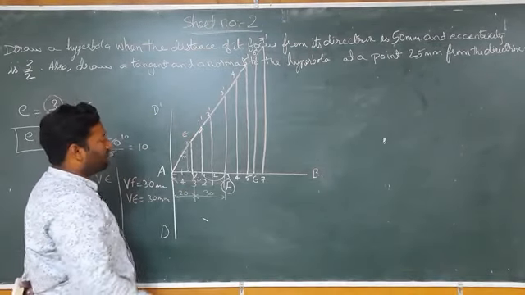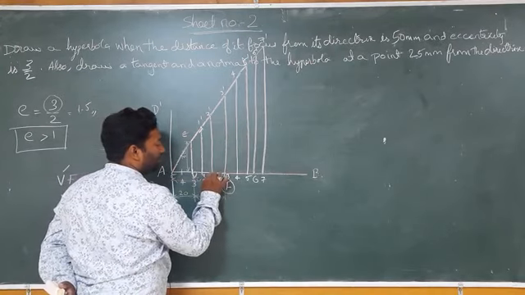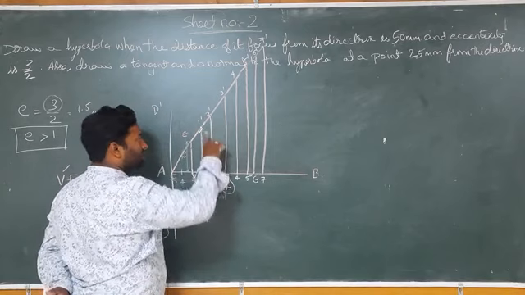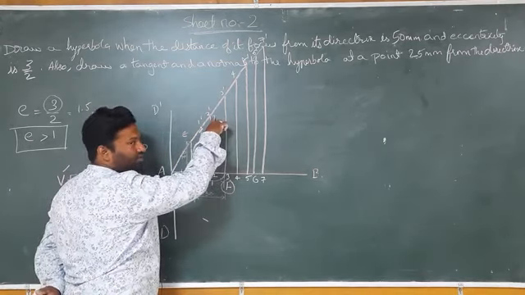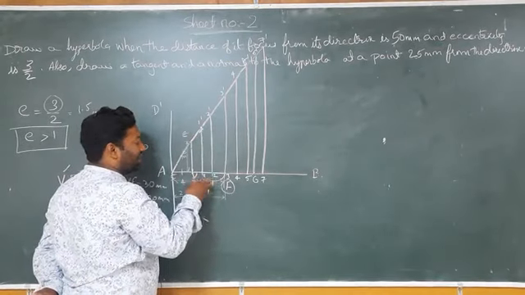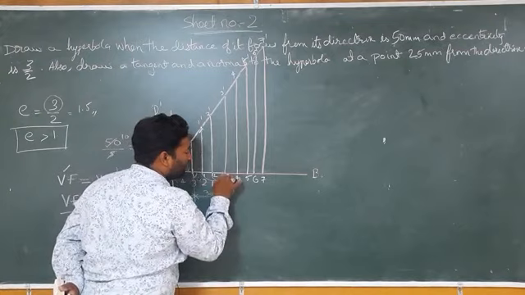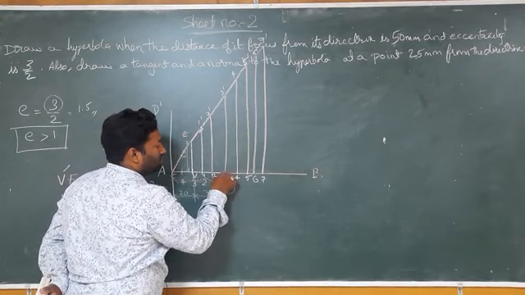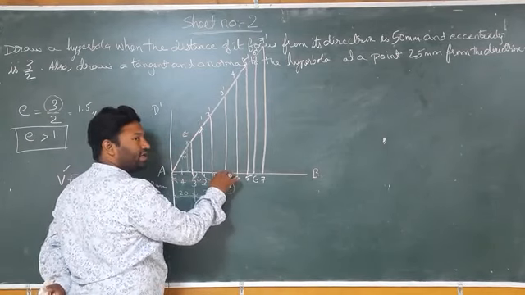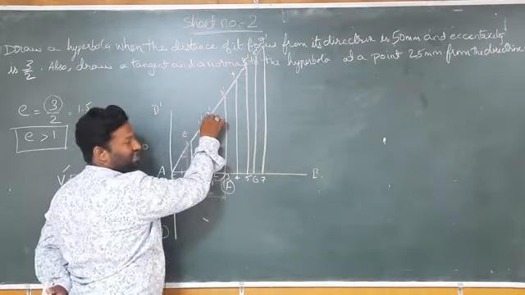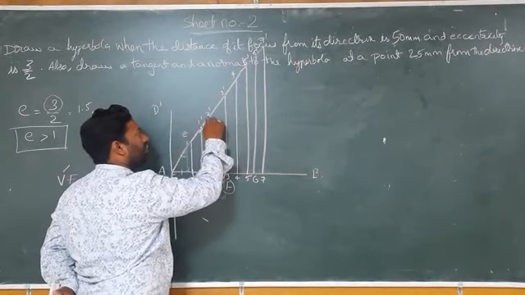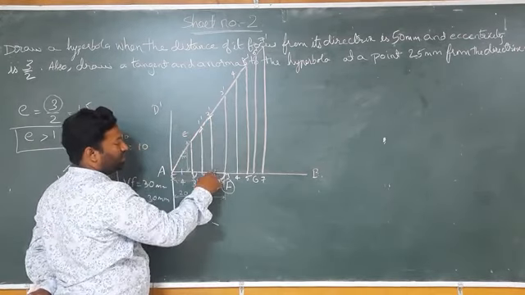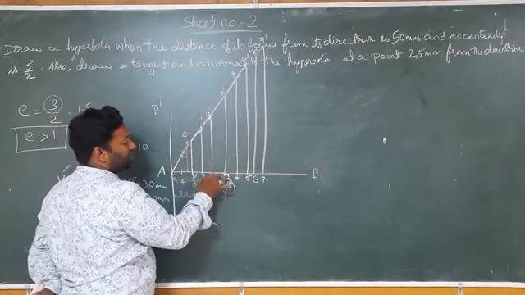Now again I have to measure the same thing. I have to measure the radius from 2 to 2 complement. Whatever the radius of 2 to 2 complement is, I will maintain the same radius, and I will shift the center from 2 to the focus again. Now I will take this focus as a center, maintaining the same radius from 2 to 2 complement which I measured previously, and I will cut the arc on this vertical line, the perpendicular line on the principal axis which I measured.